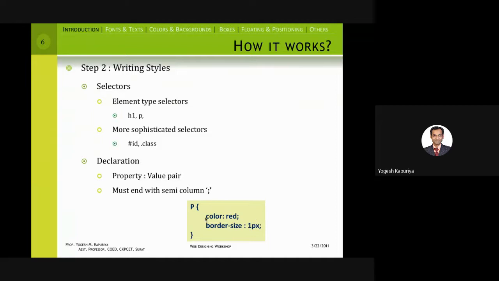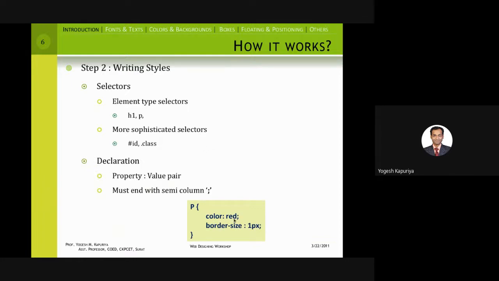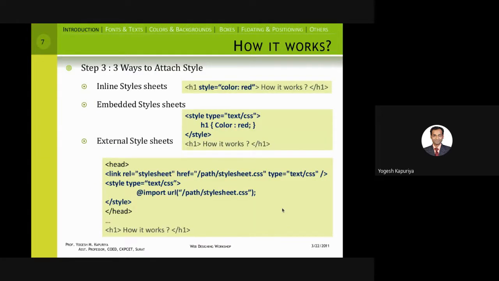Next thing is you need to understand how after the selection is over, then how you are applying the style. So there are numerous options available. Like most of these are key value pair. So you have some key which gives you the type of the property which you want to apply, and then you have some value which is the actual value of that property which is to be applied. So this is how it is to be written. It should be separated by colon, and it should be ended by semicolon. So this is how you should write it.